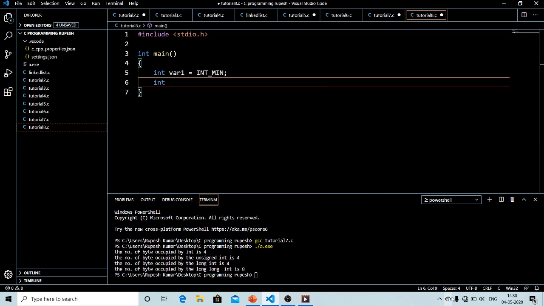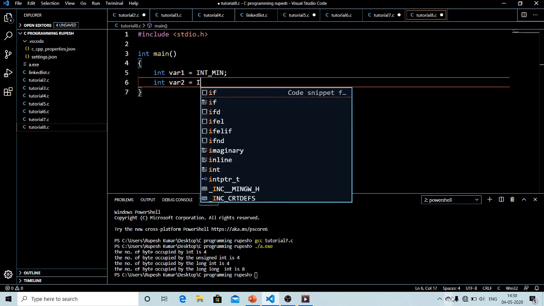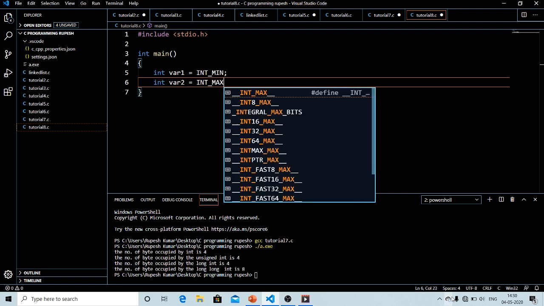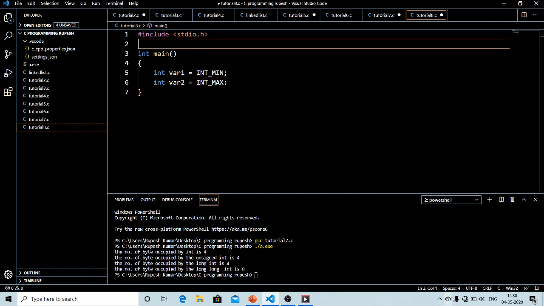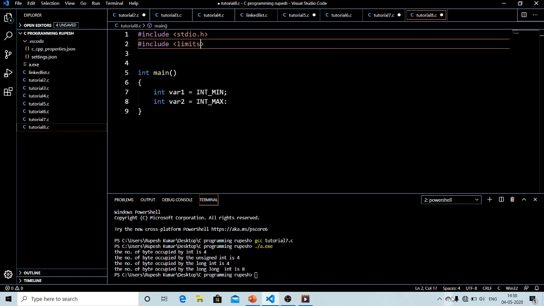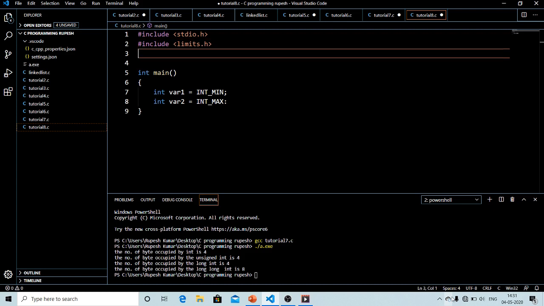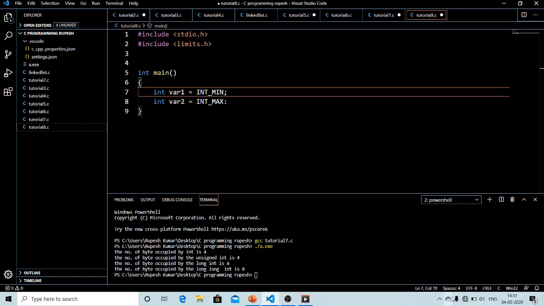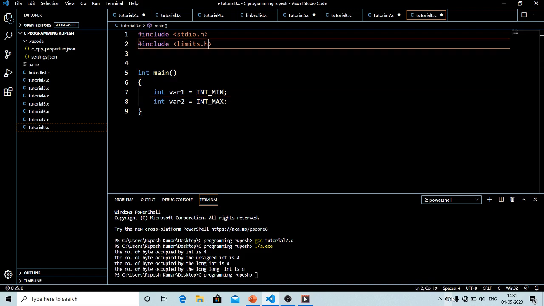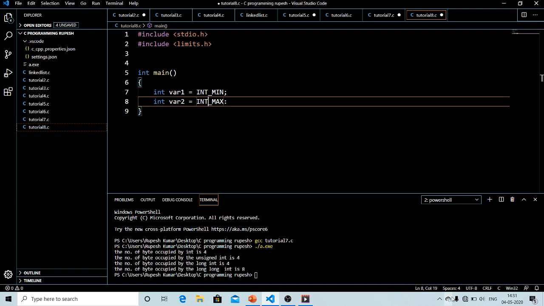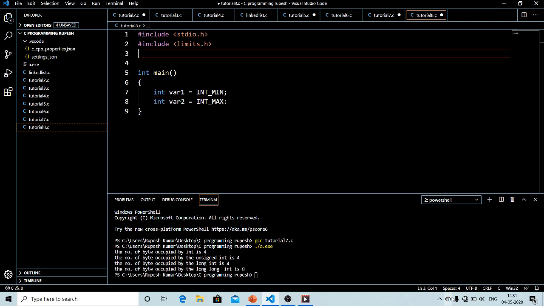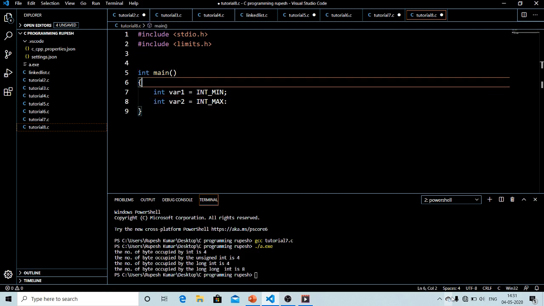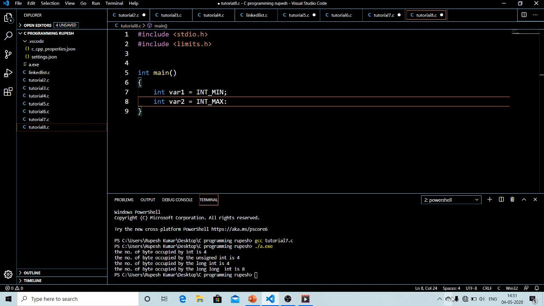Then I need to declare with INT_MAX here. We also need to add another library, limits.h. Why have we added this? Because the definitions of INT_MIN and INT_MAX are present in the header file limits.h only. So to fetch the values, we need to include limits.h in our C program so that we can have the exact values.